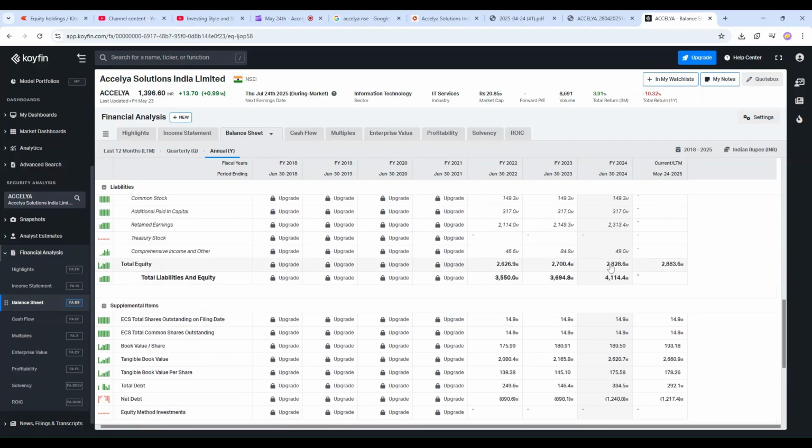The only thing is, if you consider this round figure 3 billion, we are paying roughly 7 times of that for the equity. Now, if the company were not paying out dividends, then it wouldn't be such a good thing. But since the company is paying out all the earnings to its shareholders, I like this at the current dividend level. Now, that's a very personal choice. Right now, it's 6.44%. When the share price goes down slightly and the yield goes up to 8%, 9%, then it would be a fabulous buy.